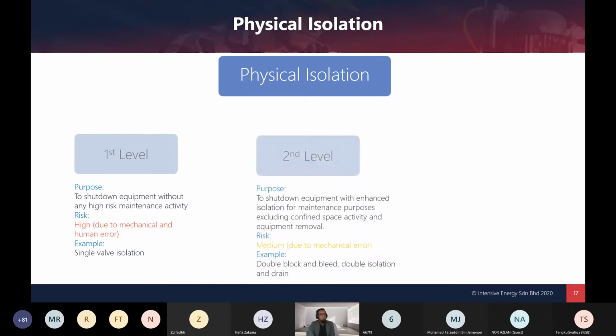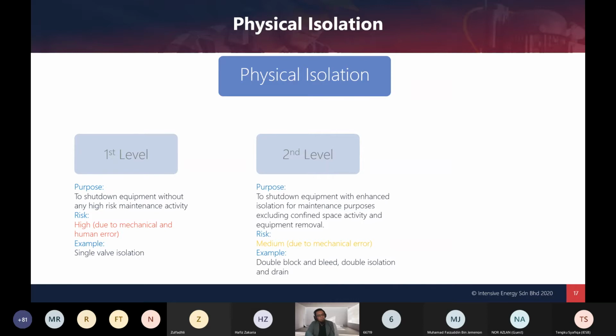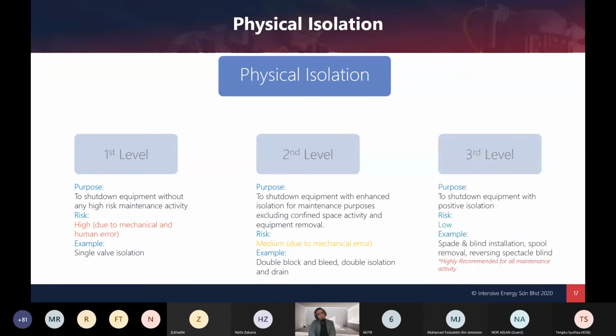Single valve isolation. So the second level of isolation is double block and bleed. You isolate both the upstream and downstream valves, and then the energy or content trapped in this pipeline, you bleed or you drain. Okay, so this is double block and bleed. We call it DBB. And then the third level is always the positive isolation. So positive isolation is always